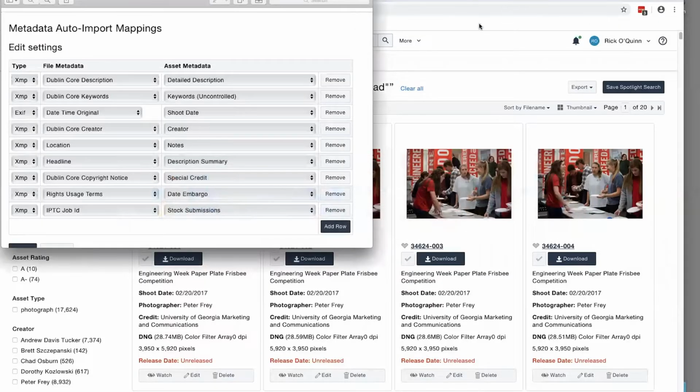The solution was first that we created a metadata type specific to the photographers. Whenever we upload the files, they are tagged initially with a metadata type that only has about 6 or 7 fields that they are responsible for inputting. We also use metadata mapping on import. So we have several fields that, if they tag them within Photoshop, Bridge, or Lightroom, automatically populate the Widen